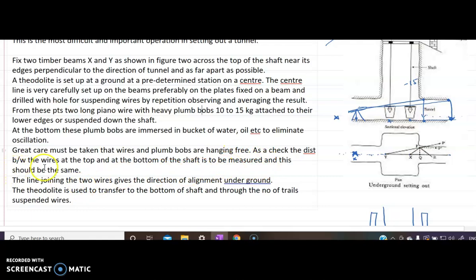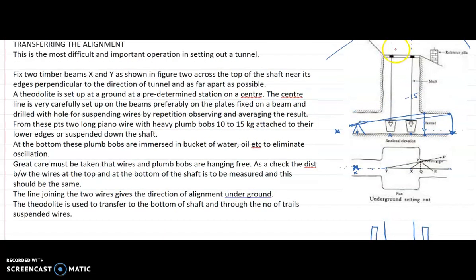As a check, the distance between wires at the top, so that is here, you check the distance. Here you will check the distance on the surface, and once this is transferred on the tunnel floor, you will check the distance again. This should be the same.